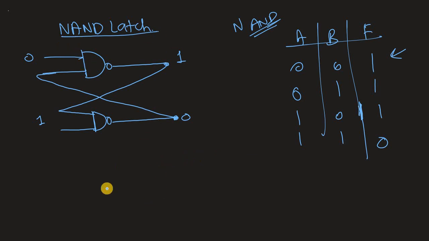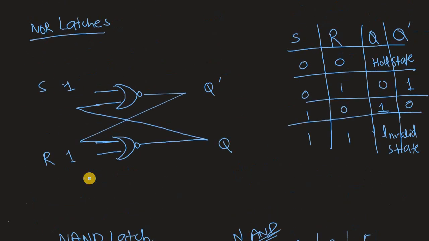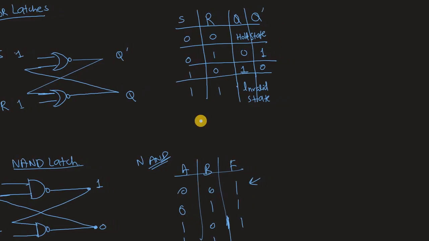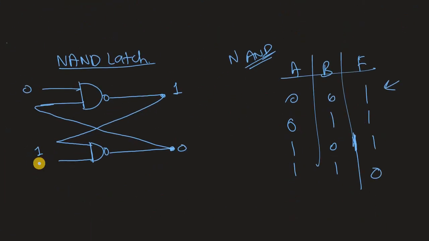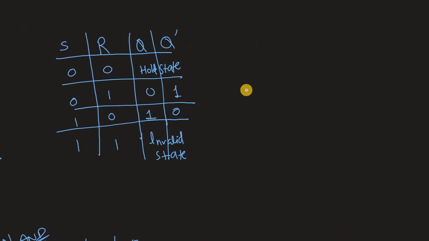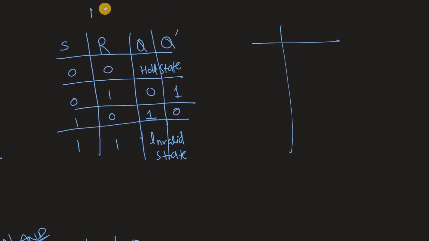The output of the NAND latch truth table is simply going to be the complement of the NOR latch. So you see, when we put the input as 0 1, what do we get? We got 1 0, right? So here we have 0 1, we got 0 1, but we're simply going to invert the result, 1 0. Okay, so if you want to do the truth table for the NAND latch, this is for the NOR latch,